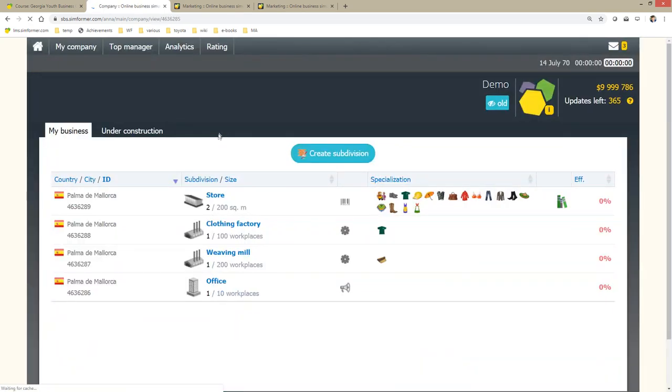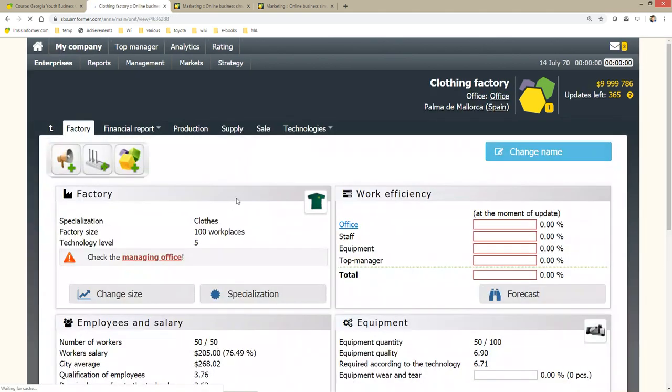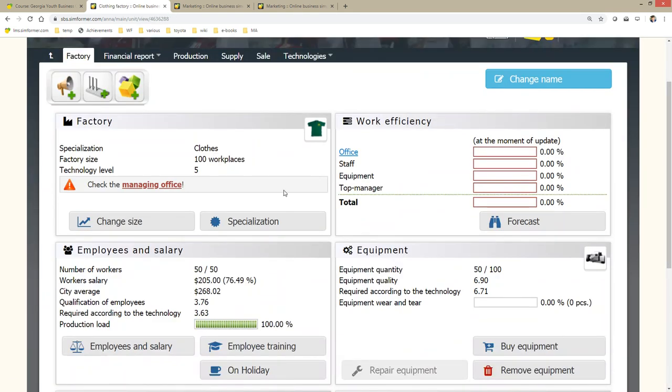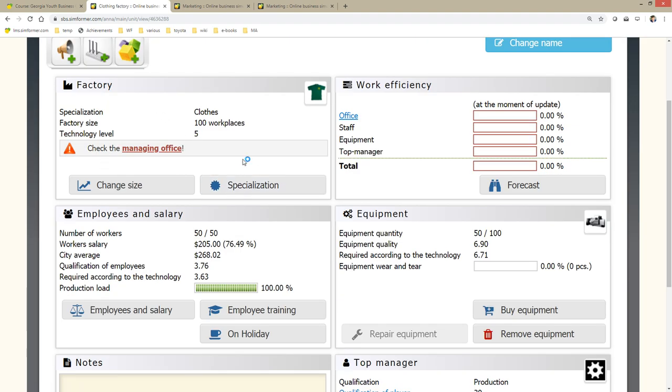We go back to your company management screen. You can actually access it by My Company and Enterprises as well. And when we jump into the clothing factory, we can see all the things we have mentioned before. So one additional thing,